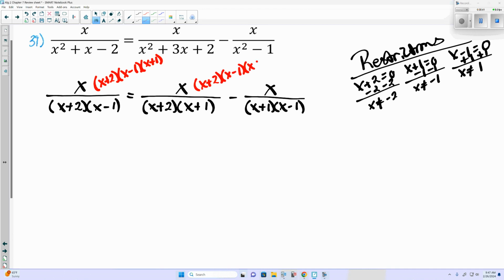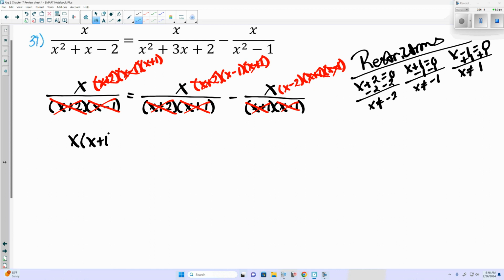And funny enough, as bad as this looks, it actually works out to be quite nice. Because we are going to multiply by x plus 2, x minus 1, and x plus 1. On the far left, x plus 2, x plus 2, x minus 1, x minus 1. The middle, x plus 2, x plus 1. And the last one, our x plus 1 and x minus 1. Leaving us with